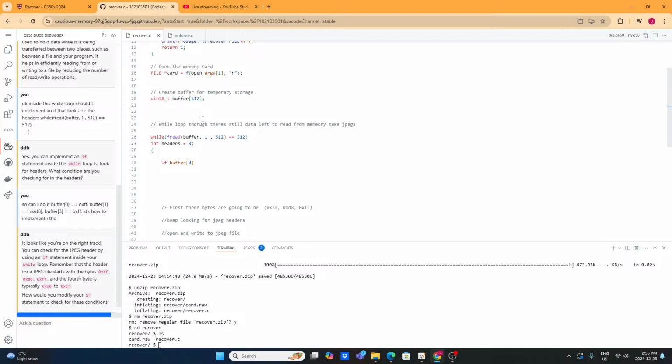Count, this integer is equal to 0. So if buffer index 0 is equal to, let's say, 0xff, and then I don't know if I can do and, buffer index 1 is equal to 0xd8, and what was my and buffer 2 is equal to